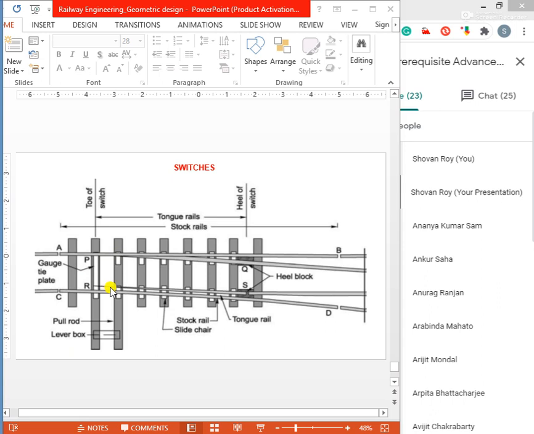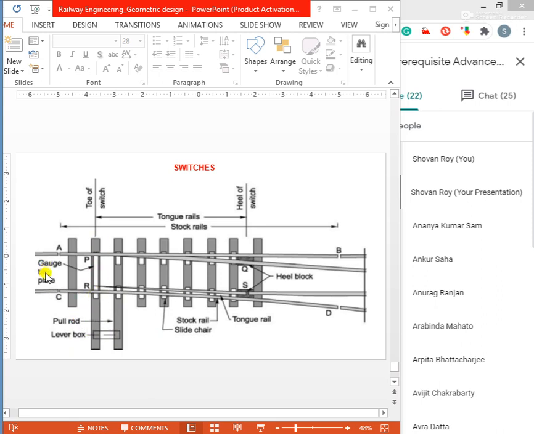Normally you can see a lever box, a pull rod, some rod is there. Now this is completely automatic. A digital system has been introduced in India, so all these things are now digitally operated. But in earlier days a mechanical system was available. The basic fundamental and mechanism is the same. A rod is used to